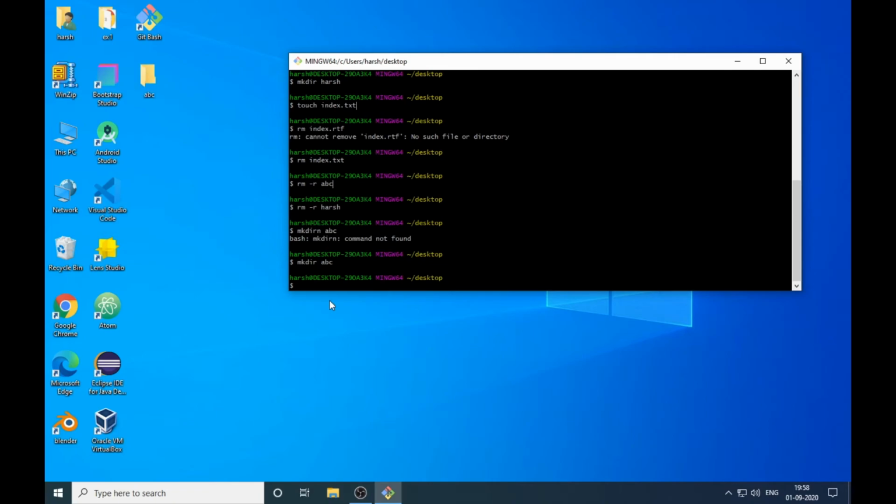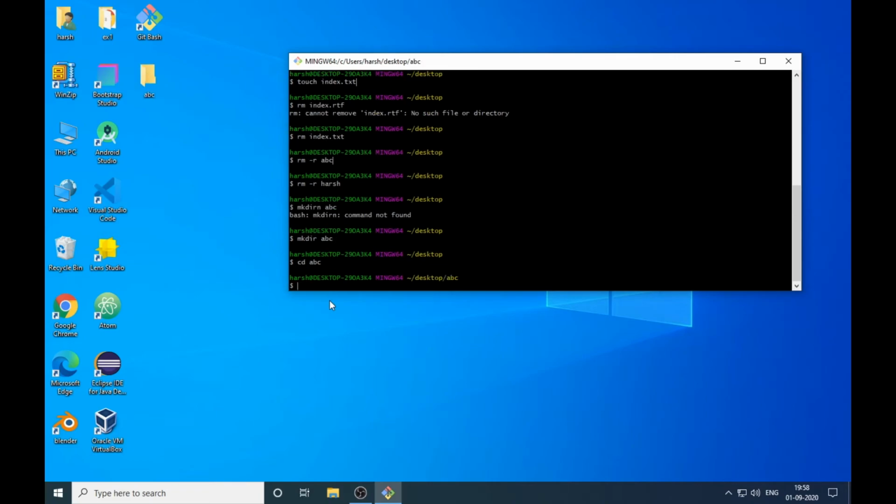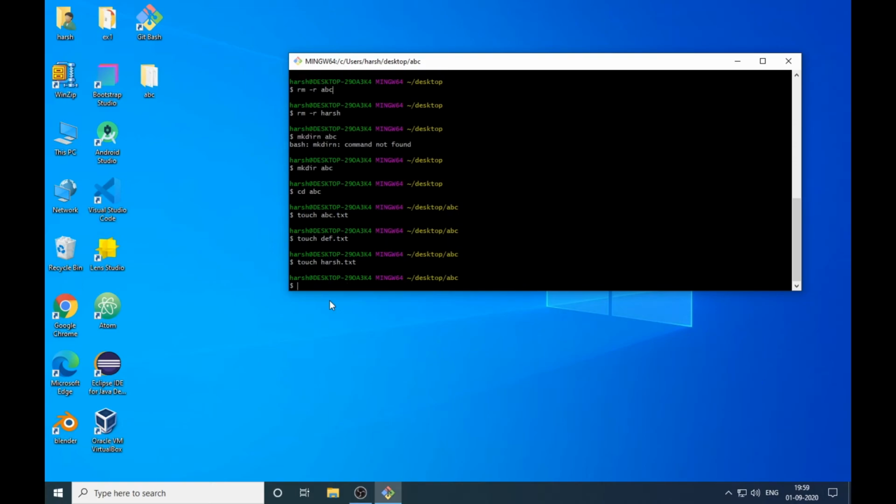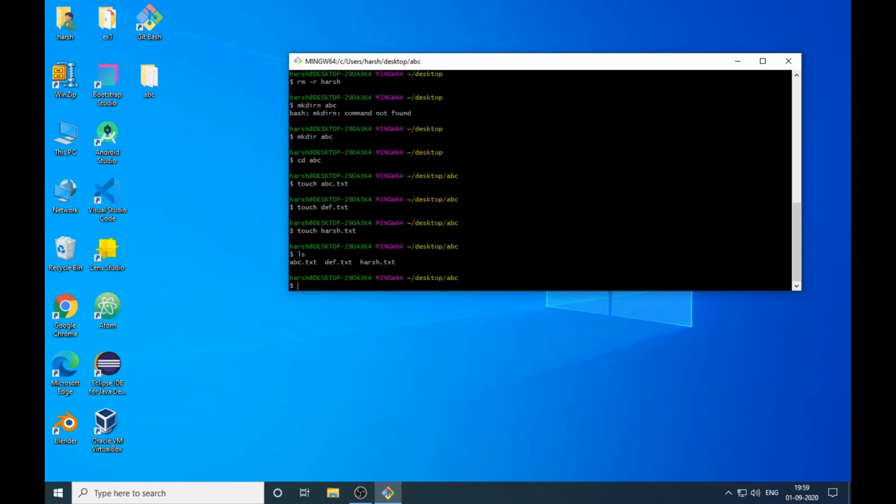Yes, I created a folder, and inside that folder abc I have created files: touch abc.txt, touch def.txt, and one more file, touch hersh.txt. Perfect. So if I make a list of it, then we have 3 files: abc, def, and hersh.